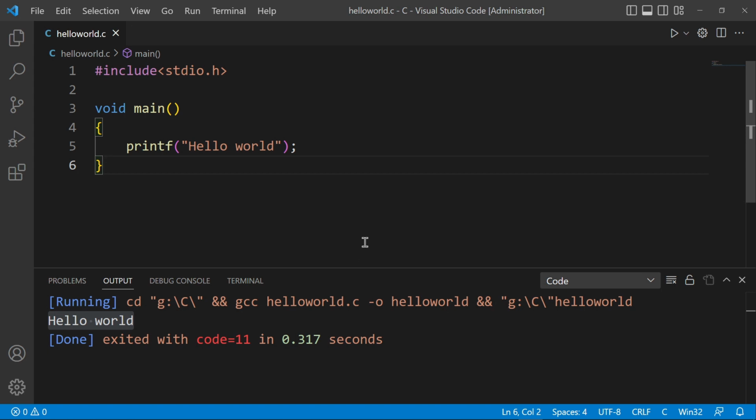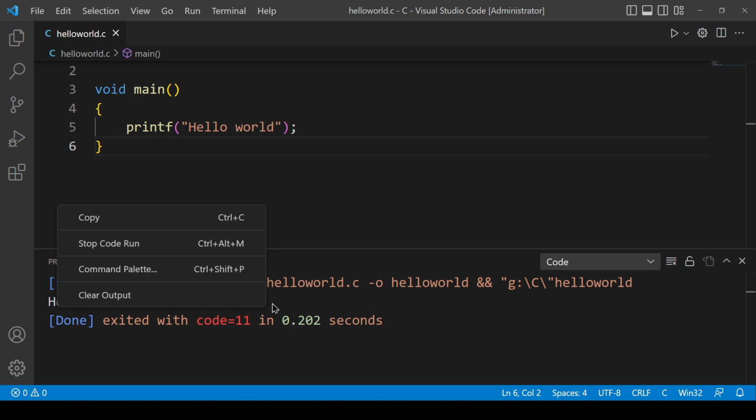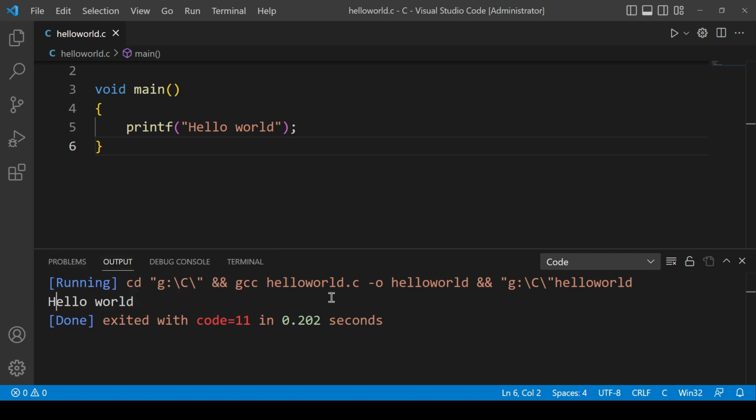So one possible solution is that you have forgotten to set the environment variables to tell the system that the GCC compiler is present here. So using this solution, you can solve this problem, and now the issue of GCC unrecognized is solved. So you can see we got the output by executing the C program. So we have solved this issue